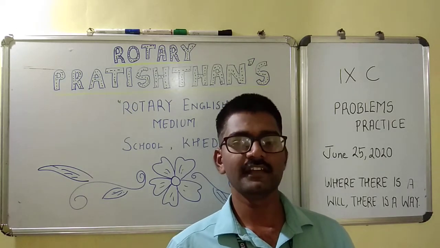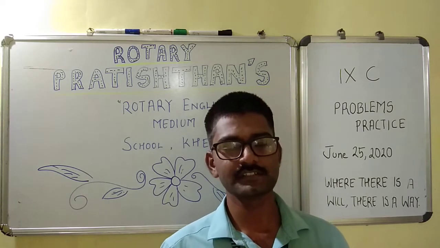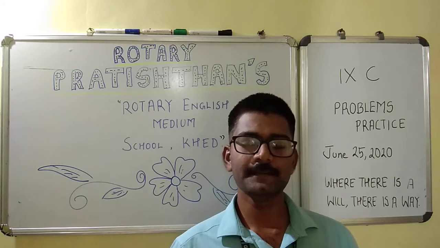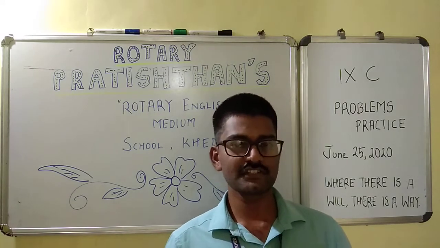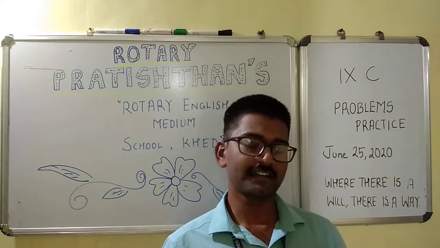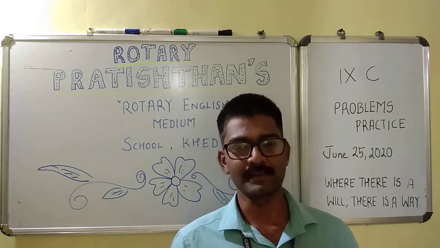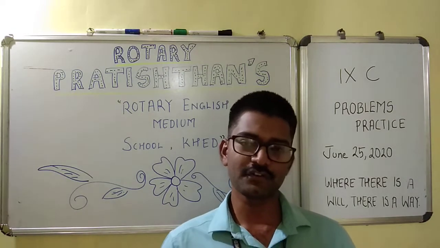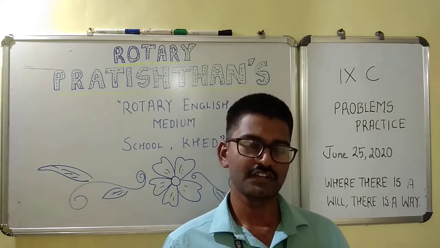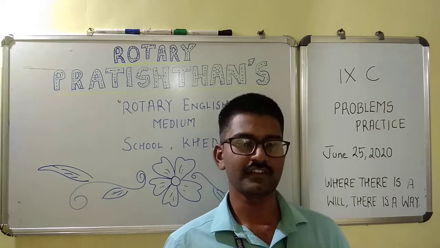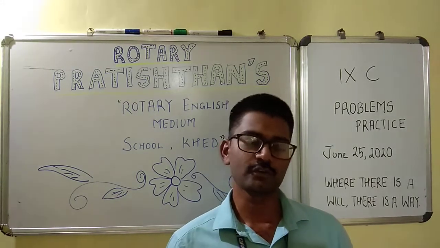Then we have also learned two different types of velocities: the orbital velocity and the escape velocity. Orbital velocity is the velocity required for any particle that you throw so that it keeps on revolving around the planet. Escape velocity is the velocity with which, if you throw, it should not come back to the Earth's surface. It should always keep on flying. Those two velocities and their formulas we have also learned.